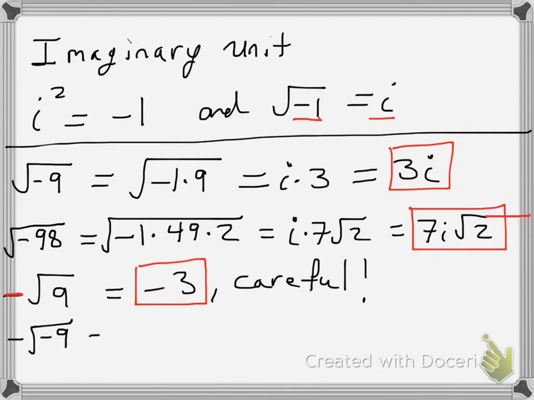Alright, and one more real sneaky one. So we got 2 negatives going on here. The negative on the inside of the square root, let me get this little negative right here, we'll give it a little red too. That one's going to tell us that we're going to have an imaginary number. And then the negative on the outside, maybe we'll do that one in a little extra emphasis. We'll make it a little blue. That's going to make our answer negative. So this negative on the outside is going to stay on the outside, and then negative 9 inside the square root is going to be 3i. So negative,